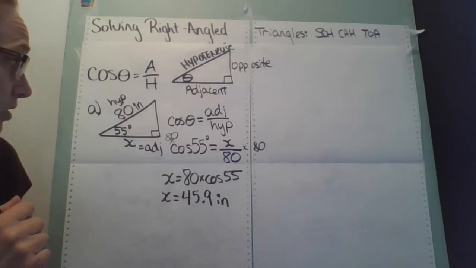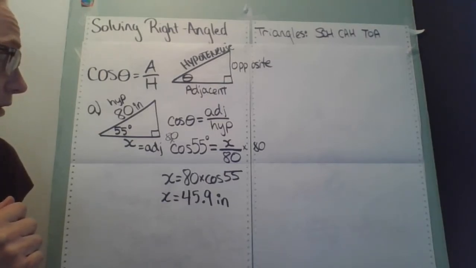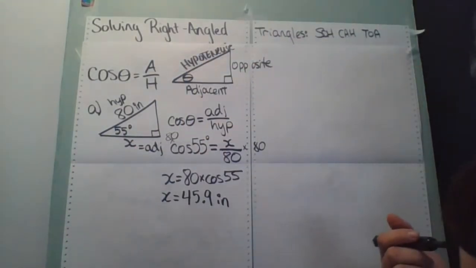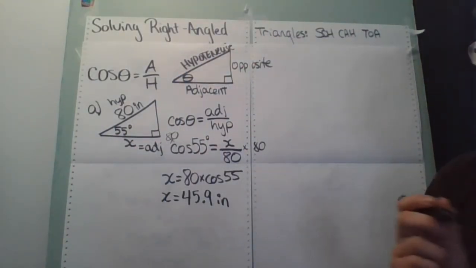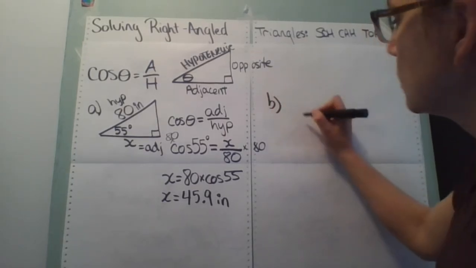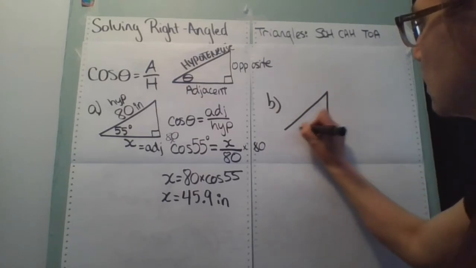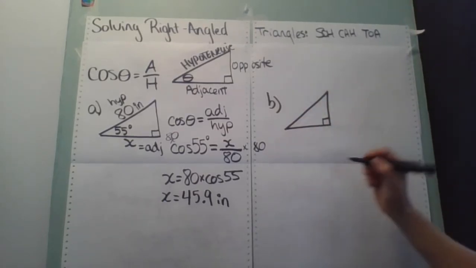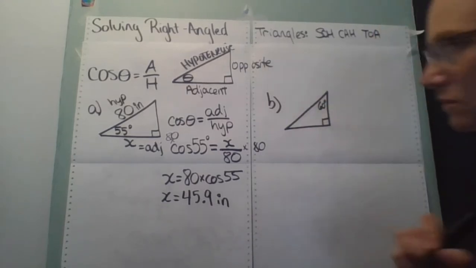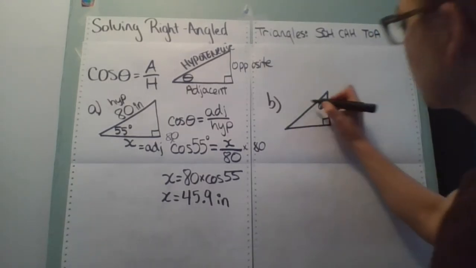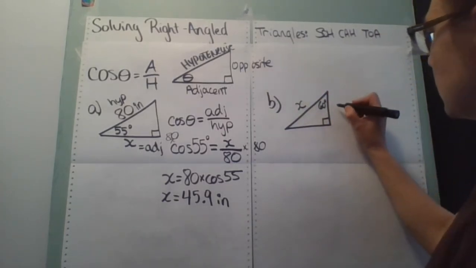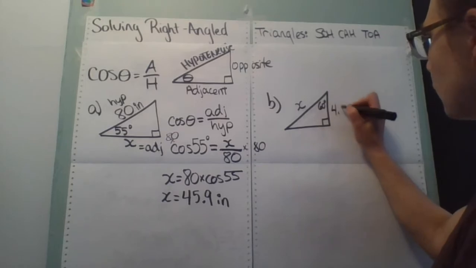Okay. Sure. Should we do another one? Let's do another one. Let's do one where we have to find the angle. Do we want to find the angle? Ooh, let's do one where we have to find the hypotenuse and practice that whole rearranging business again. So here, and let's change it. I'm going to put a 60-degree angle up top here. I'm going to look for my hypotenuse, and I'm going to tell you that this side is,